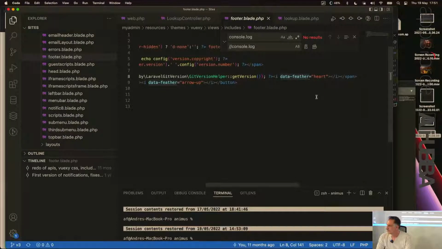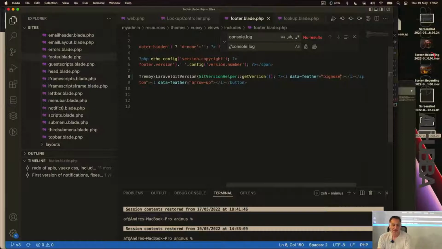So it's in the footer of AppSource, and because every application gets the same footer from AppSource, if I change this to big nose, I guess it doesn't exist, but